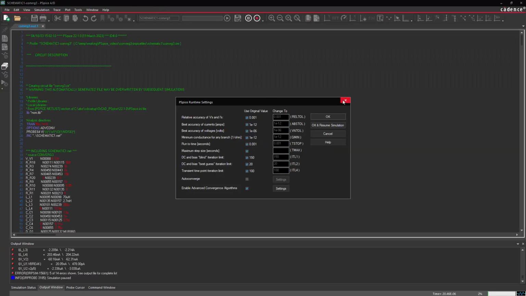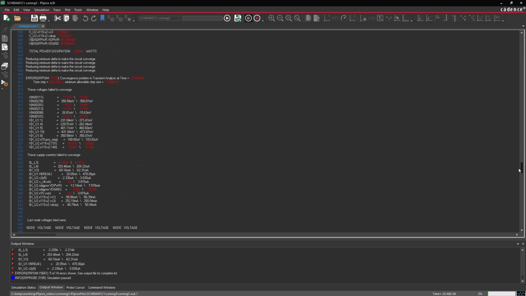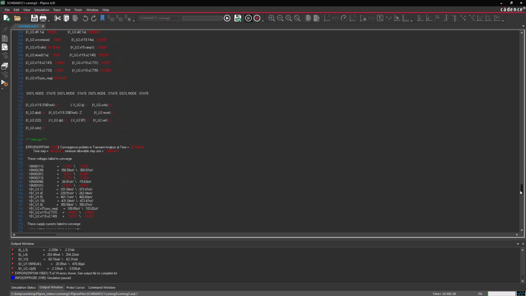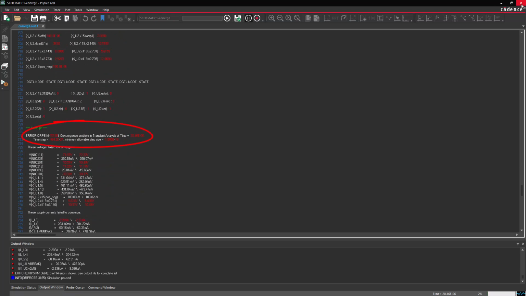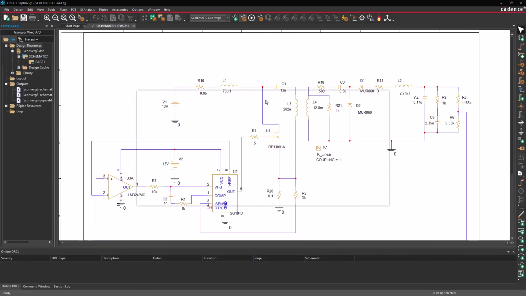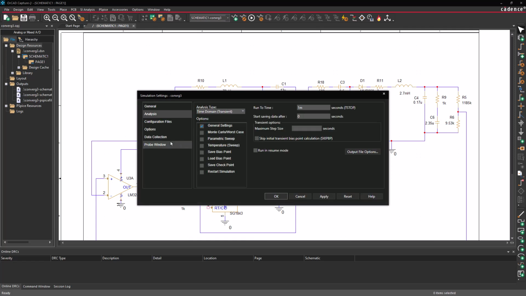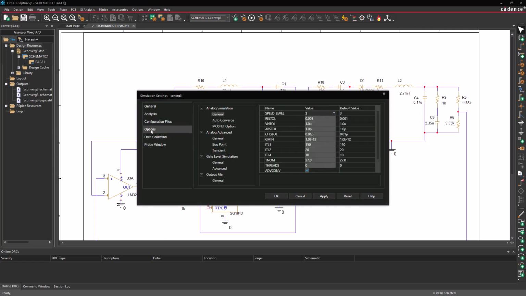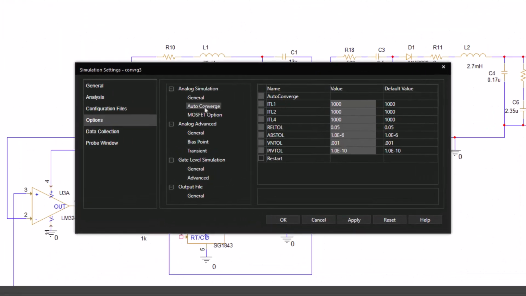And if we scroll down, we can see that we have a convergence problem in our transient analysis. If we edit our simulation profile and go to the options category and look at our convergence options, we see our convergence parameters. PSpice AD uses the difference in the iterated values to determine how close the current solution is to the previous solution. When the difference in iterated values becomes less than this error tolerance, PSpice AD terminates the